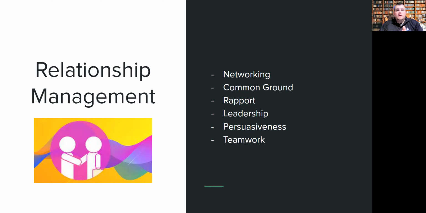Persuasiveness is important as well. So being persuasive in your understandings and feelings. And if you don't believe in yourself and don't believe in your own knowledge, then it's going to be a lot harder for you to push others toward a common goal and to understanding. So to be on that level is extremely important for leading a team as well.